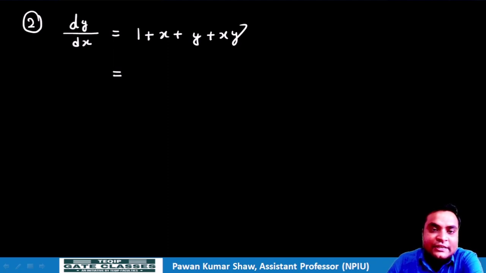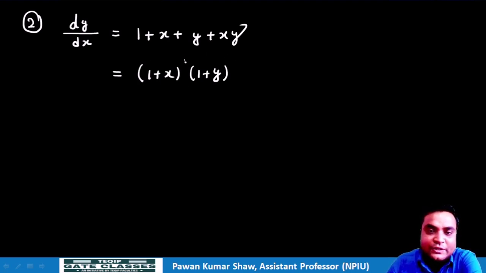So if you notice the right hand side function 1 plus x plus y plus xy, we can write it as a product of two functions, in terms of x and in terms of y. So यहाँ से लास्ट वाले दो टर्म्स देखो, we can take the common y and we can write y times (1 plus x), and there is another term 1 plus x. So if we take the common 1 plus x, then the other function will be 1 plus y. So we can write this as (1 plus x) times (1 plus y). See now, this is one function 1 plus x and this is another function 1 plus y. So now we can separate the variables x and y, do the integration easily, and find our solution.